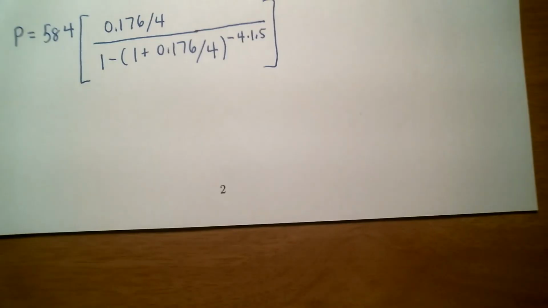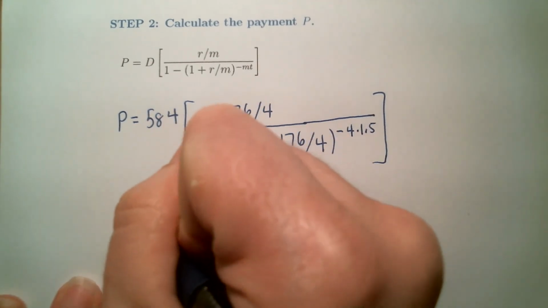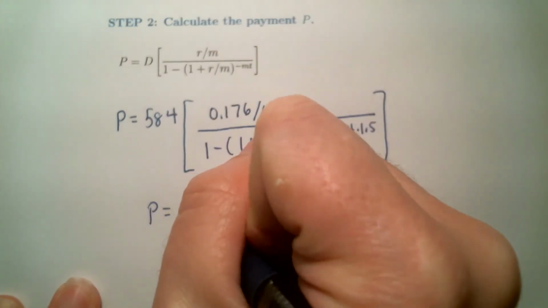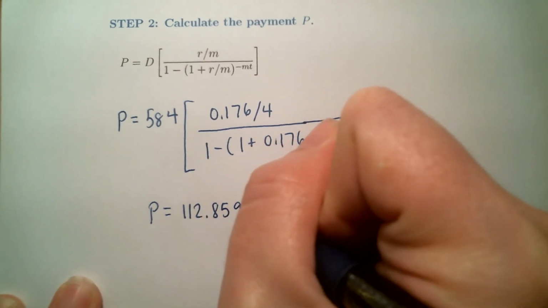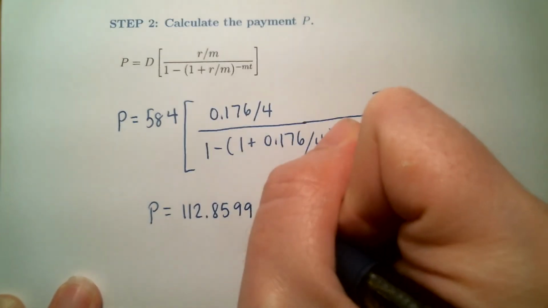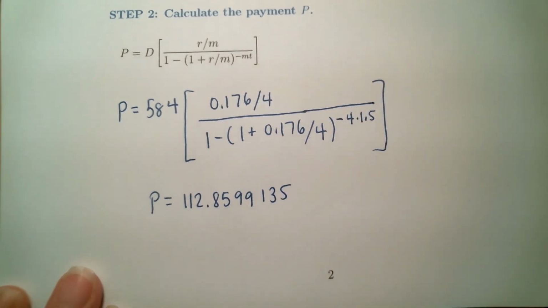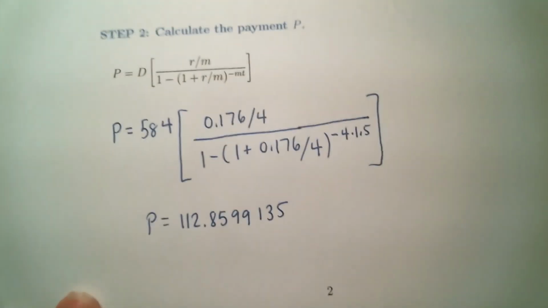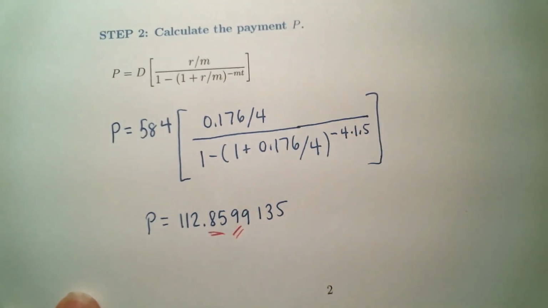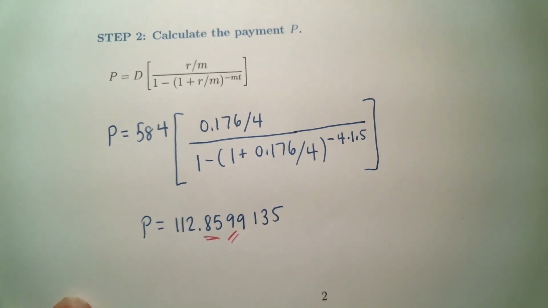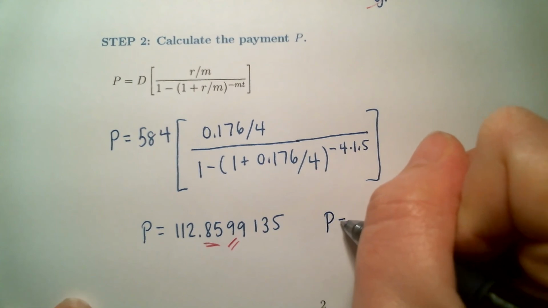I'm going to write down all the digits that I got, and then we'll round it. So just over $112 every quarter. We need to round it to the nearest cent. You've got 85 cents here, and there's a 9 after the 5, so we need to round up. So our quarterly payment is going to be